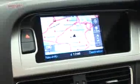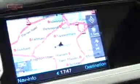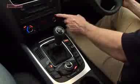The A4's dashboard is now a dead ringer for the larger, pricier A6, with similar switchgear and a design that swoops around the driver. Many functions, including optional ones, such as sat-nav, are controlled using a centrally mounted screen, a single rotary dial and a couple of buttons. The system is pretty intuitive, but it seems rather unnecessary when there are still separate controls for the stereo and